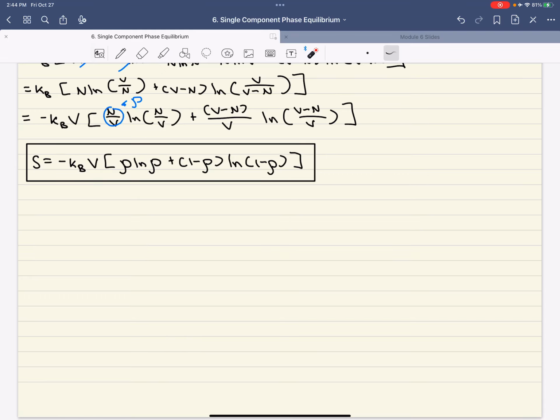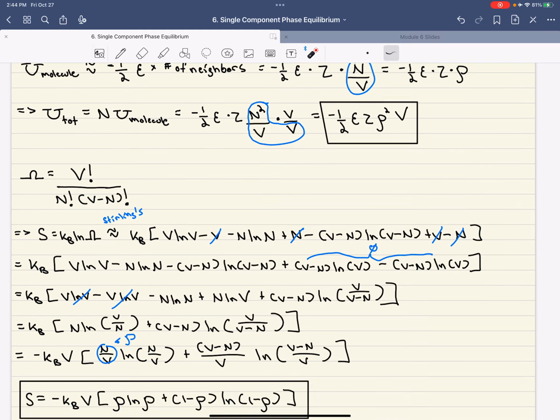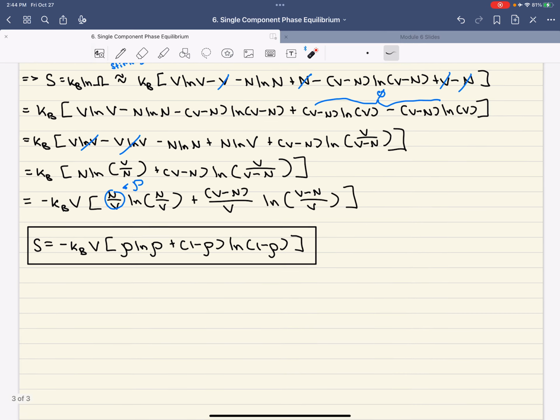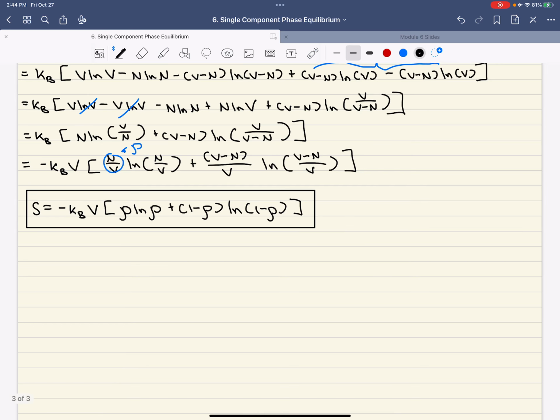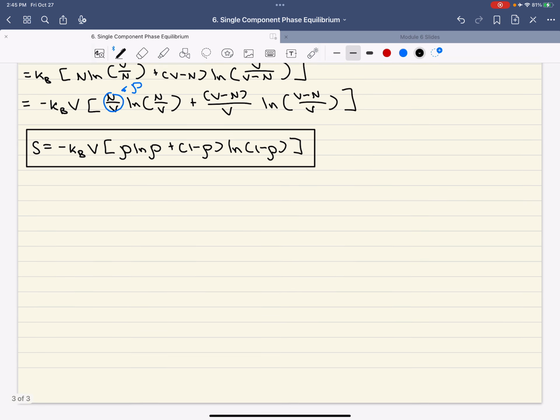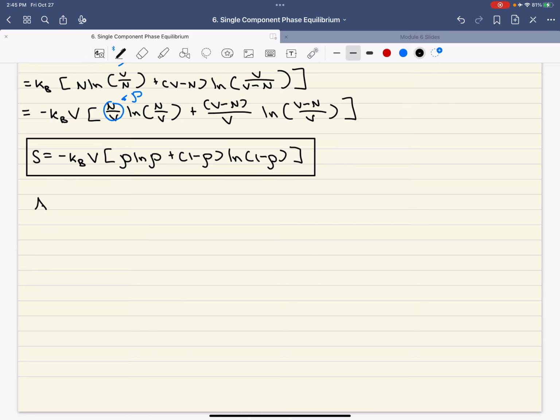Now that we have expressions for both the entropy and the internal energy of the lattice model, we can go out and calculate additional thermodynamic potentials, just using our typical strategies from before. So for example, if we want the Helmholtz energy of the lattice model, that's just going to be U minus TS. So we could plug in our U